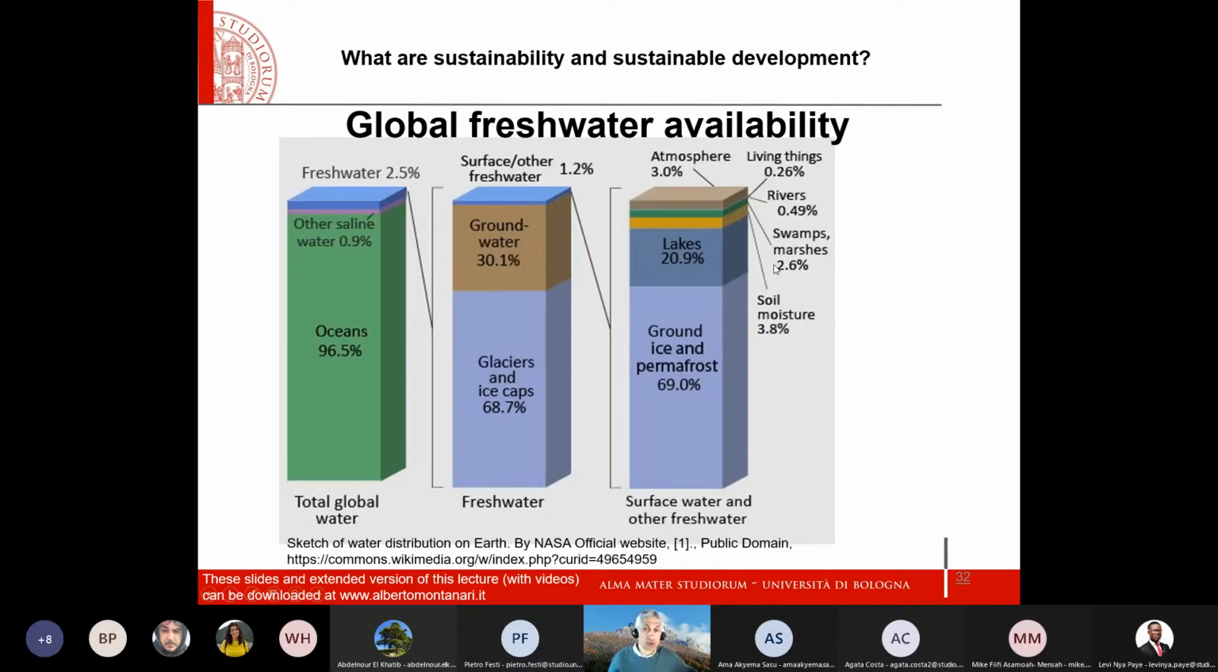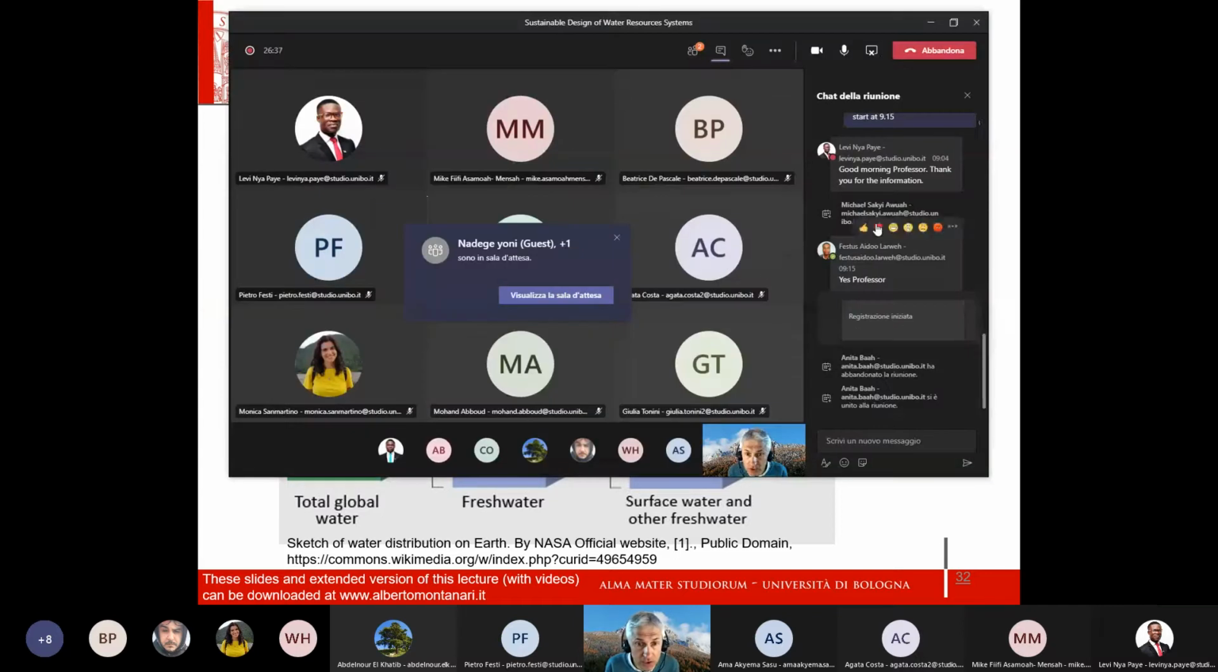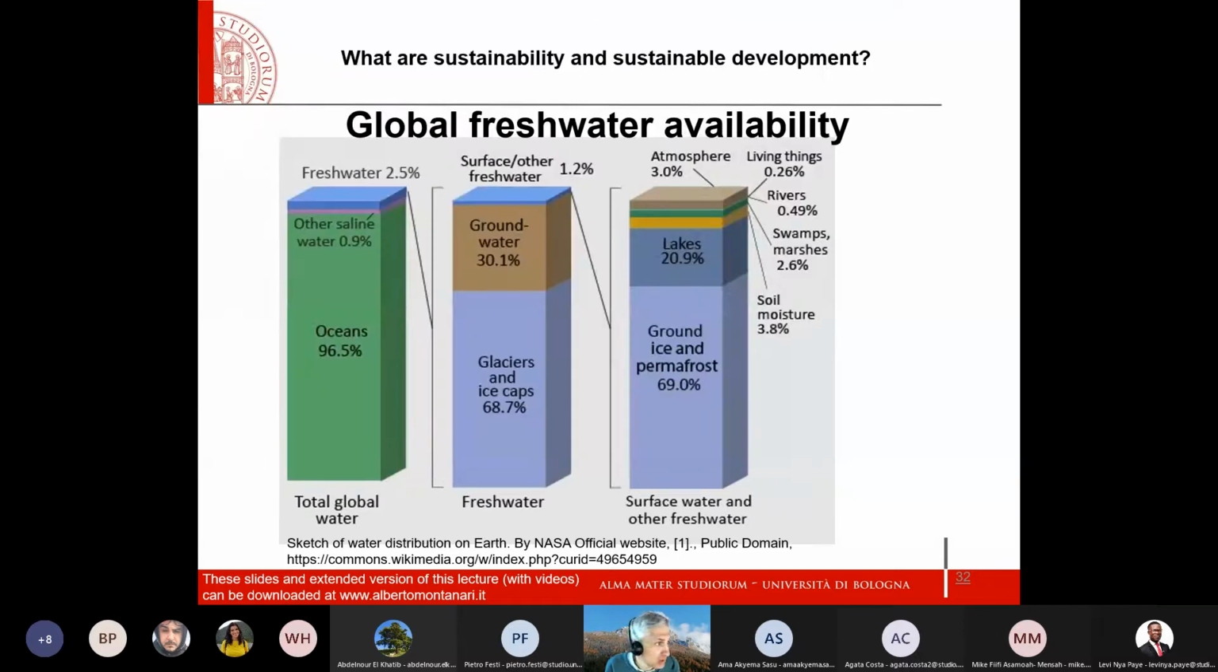Now let's focus on freshwater availability. Just one second, I want to keep the chat on the second screen. Okay, perfect. As I said, global freshwater availability is our reserve, and I think it is important to